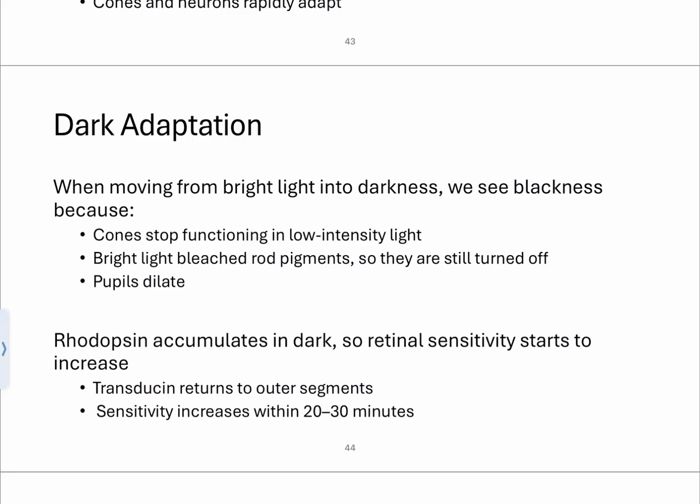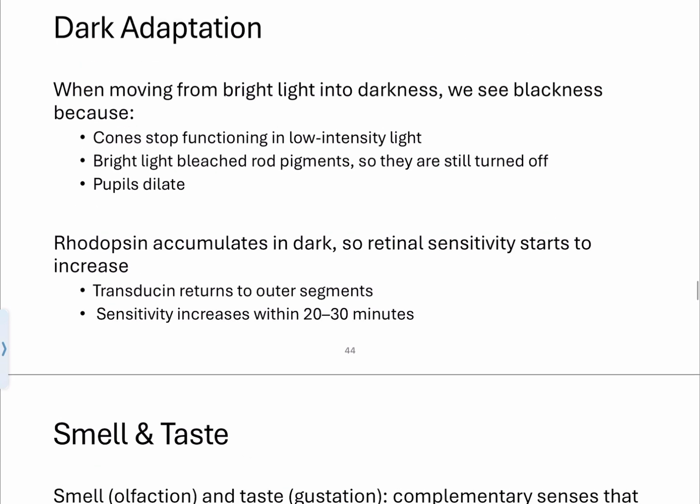Dark adaptation takes a lot longer than light adaptation, and it could take several hours for us to adapt to the dark. There is usually enough rhodopsin within 20 to 30